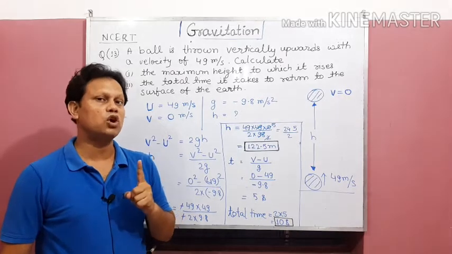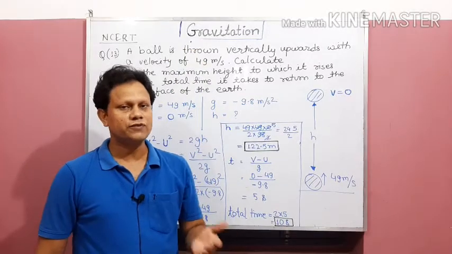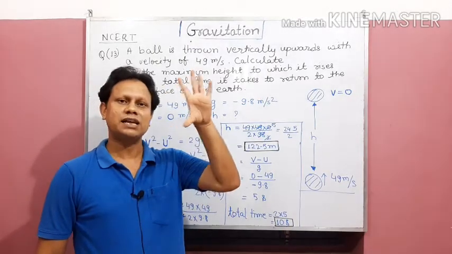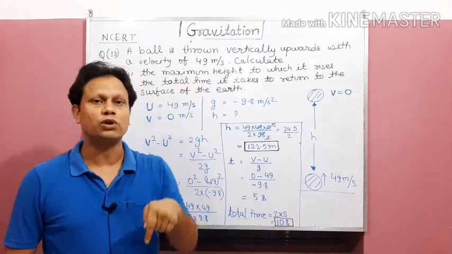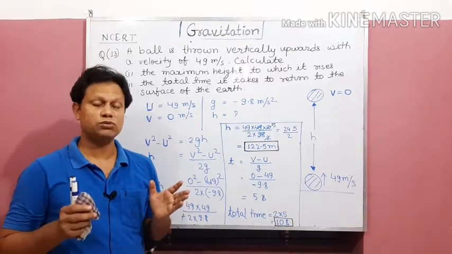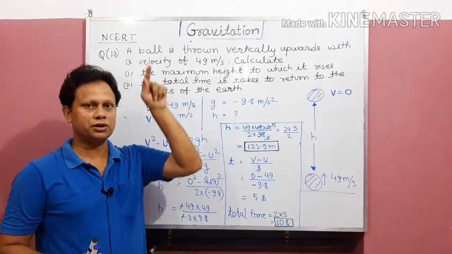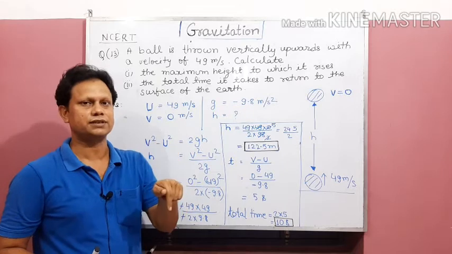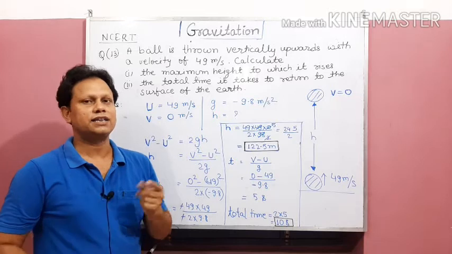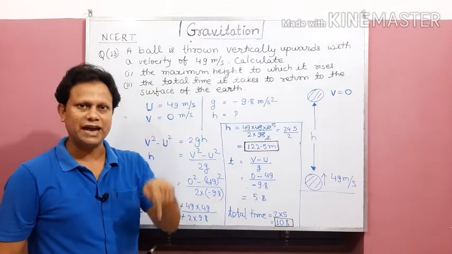And here what common knowledge is going to help you out? That the time of ascent will be equal to the time of descent. So if we get the value of time in which the body reaches maximum height, that same time will be taken by the object to fall down also. Whatever time we find for ascent, the same time we can take for the returning journey, that is, the time of descent. So if we calculate the time for ascent, we get the time for descent, and if we add them, we will know the total time taken by the object going up and coming back to the earth's surface.